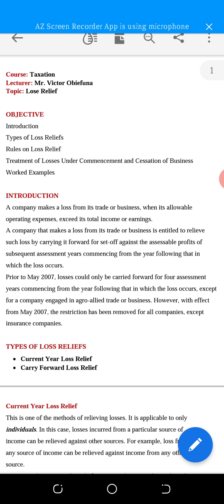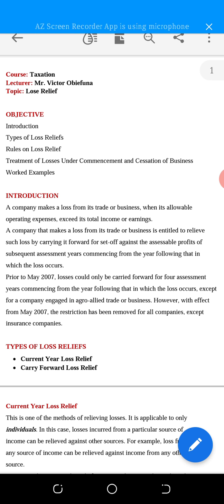Today, we'll be looking at loss relief. Loss relief is one aspect of taxation that we must be familiar with because most times, businesses in operation in some of the accounting years or tax years incur a loss, and thereby they won't be able to pay tax, but they still pay minimum tax. So today we'll be looking at loss relief, and I know you must be familiar.